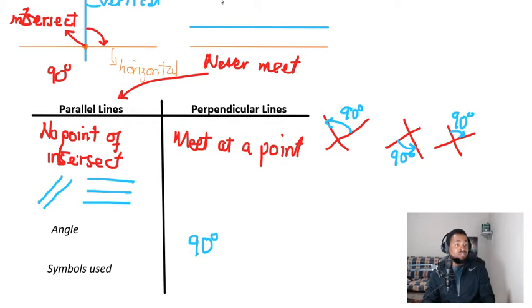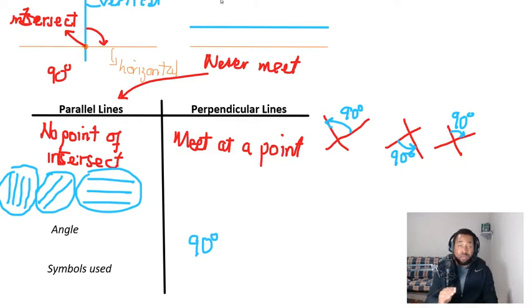You can have four lines pointing in the same direction, as long as they never meet, individually in this group, this group, and this group. As long as they don't meet, that means they will never intersect, and that means that they are parallel